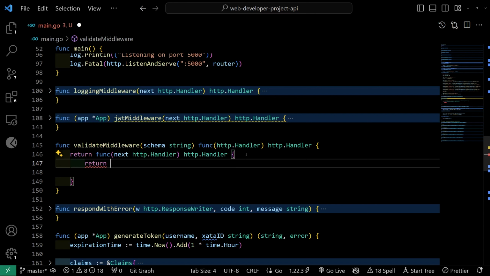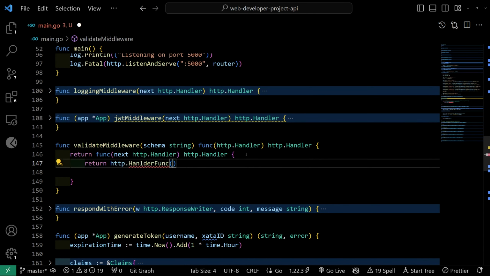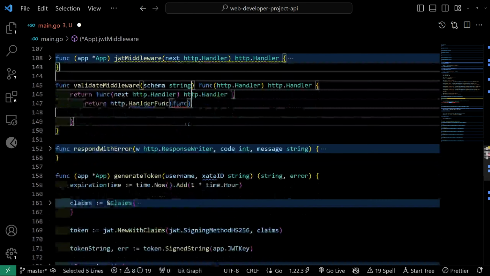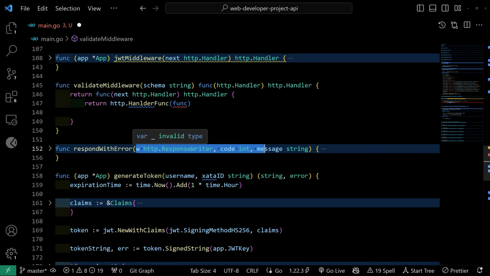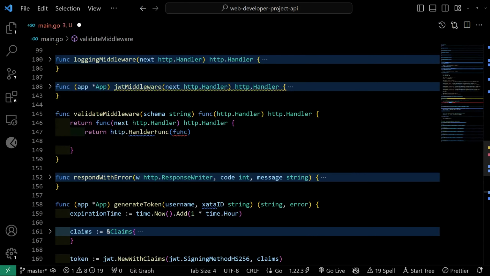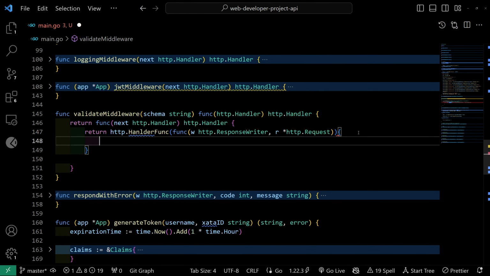So we'll say return HTTP dot handler func, and this is going to take in as an argument the function. I do not want to type this all over again, so I'm just going to copy this, and this is going to handle the request. Oh, wait a minute, I pasted it into the wrong place. Like that. There we go. So it's going to take in a function like request, response, whatever. And in here, in this function body,